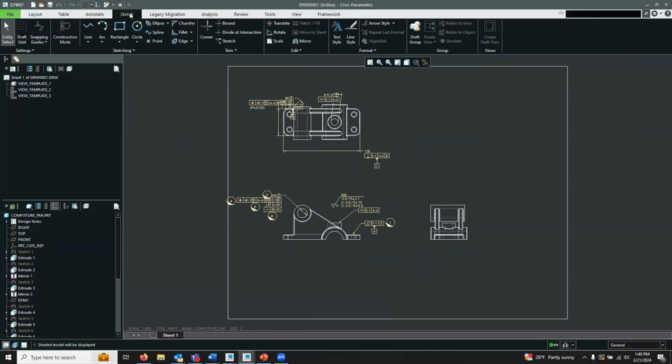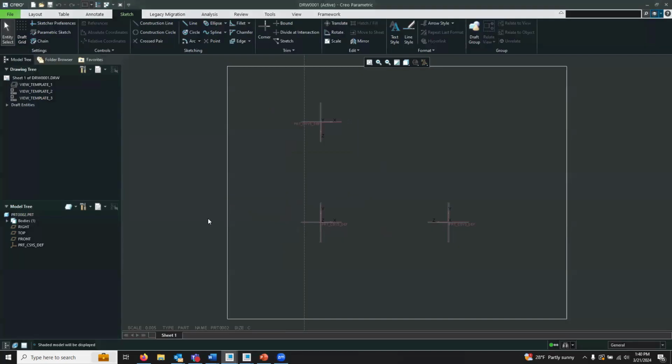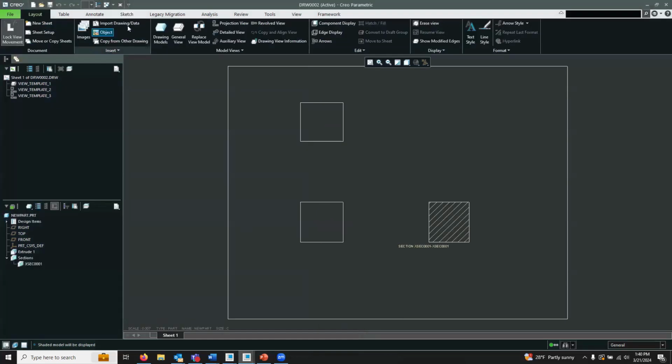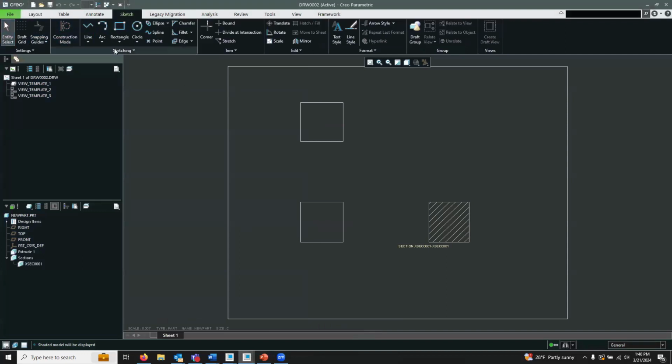The next thing I want to show is the updated sketching interface in drawing. So I'm actually going to jump back really quick to Creo 7. So this is before the sketching change, just so that we can compare directly. So I just want to point out this top ribbon. As a main point, if I jump over and go to sketch,